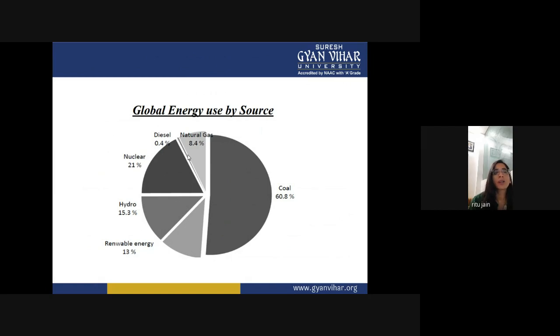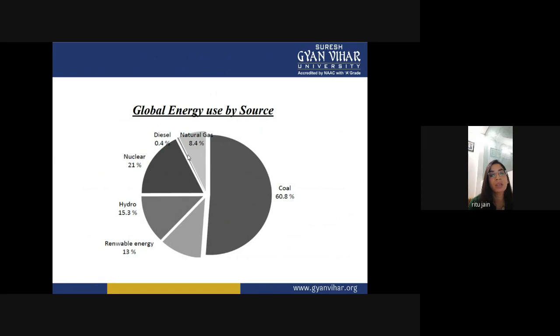In the non-renewable energy sources, there are coal, natural gases, diesel, and petrol. In renewable, there are nuclear and hydro. In nuclear energy, renewable energy sources, it is used solar power, and biogas, and some other sources, which come under the renewable energy sources. So